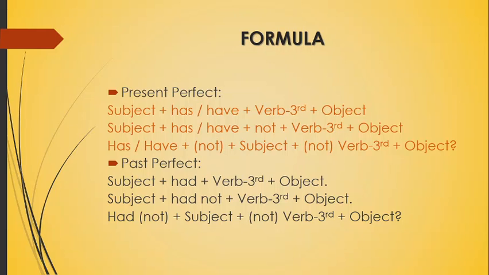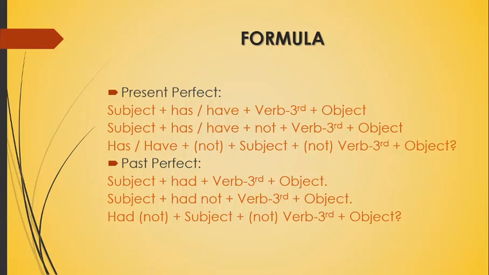Next we'll talk about the past perfect formulas. Again the same thing, subject with had and then the third form of the verb and object. In this case, as you see, we don't have any other forms, only had. If we are to make negative statements, then we use not with had: subject, then had not, then the third form of the verb and then object. If we are to make interrogative sentences, that is question sentences, we will bring the had at the beginning and then we place the subject and then the third form of the verb, the past participle form of the verb